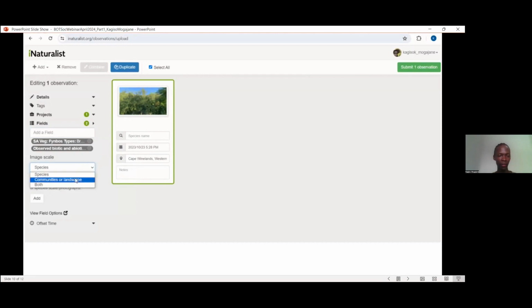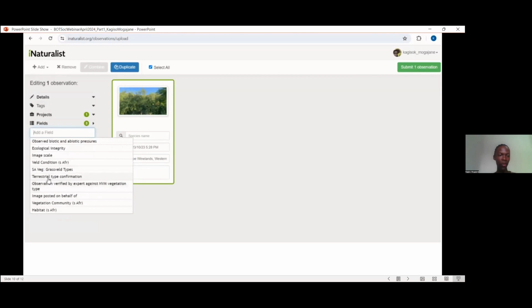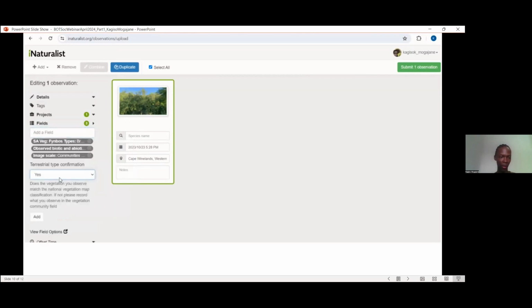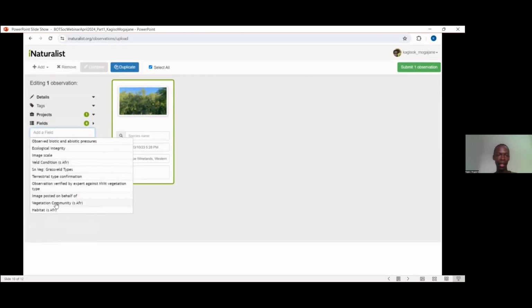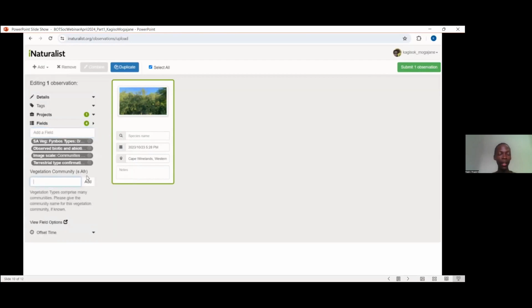So you will select the field that's relevant in that, and then you will add it. And note that as you continue, you will see numbers going up at the top. The type confirmation will explain a little bit. It means, does the vegetation type match the one that's on the map. And then the community, you will need to give a brief description of the communities around where you've taken the